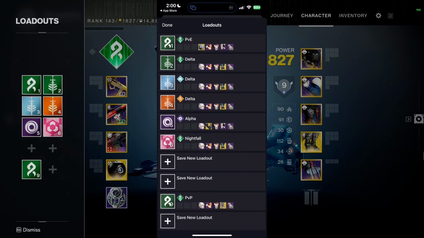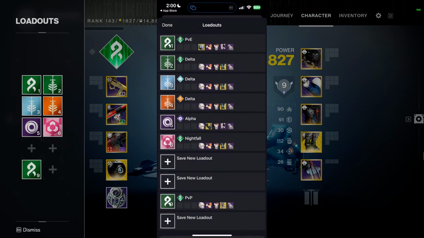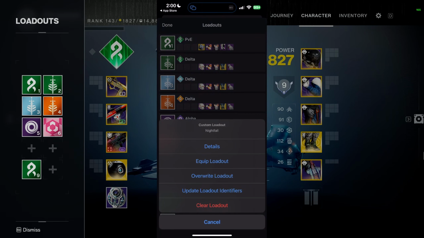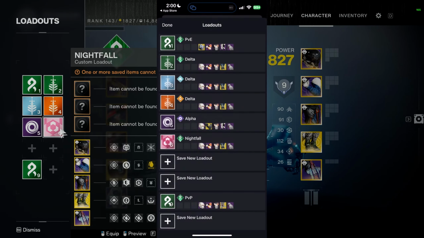Now this is a list of all of the loadouts that you have set up. If you tap on one of them, it gives you a couple of options. One that's really nice is update loadout identifiers. This is so much easier than just tabbing through everything. So you could just tap on whatever and change the name of it. But you may have noticed at the bottom it says clear loadout. And if you look here on screen while we tap clear loadout,